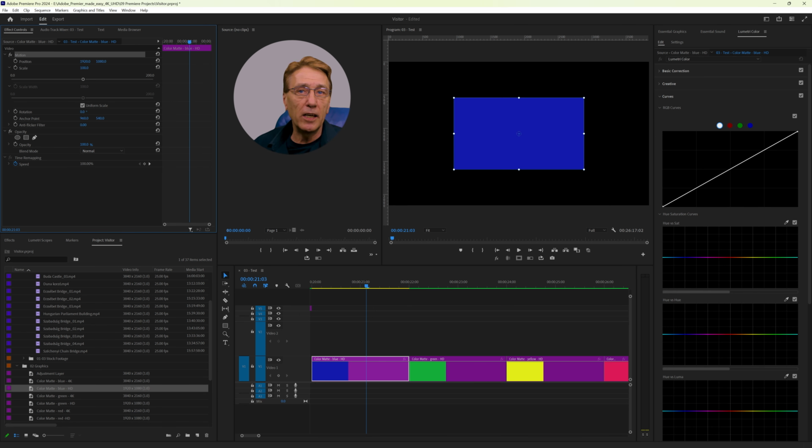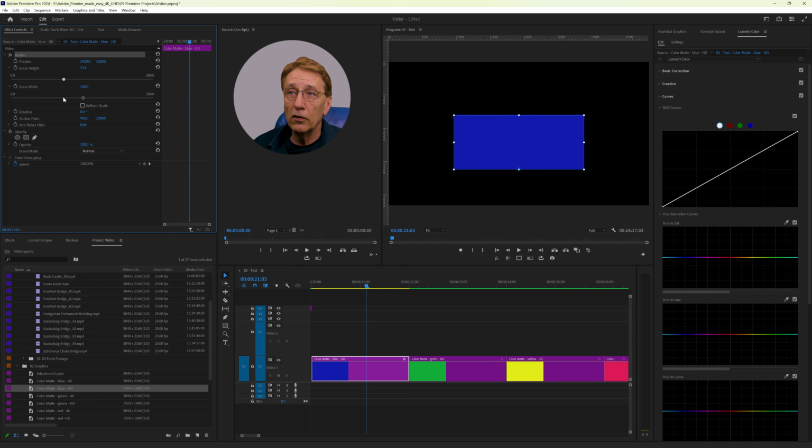Additionally, you can disable uniform scale and, for example, change the height and width independently. So I disable uniform scale. I'm going to move my anchor point, let it snap here. And now if I change the height, it will change from here. You see, it's not uniformly from the middle.